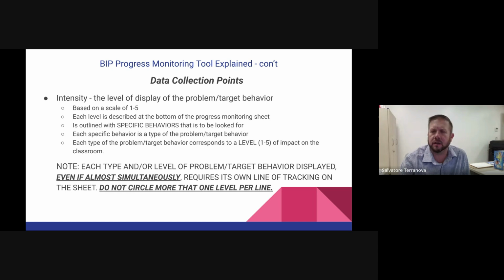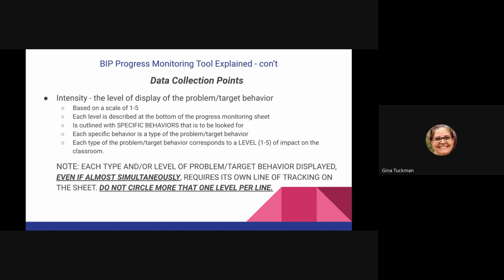I got Ms. Tuckman with a question. Ms. Sydney. Yes, Ms. Tuckman. Hi. This is different guidance than we've been given in the past. We were told that if a student is displaying an intensity level of 4, that's the number that we should circle, regardless of the other behaviors with less intensity that we might see for the same incident.